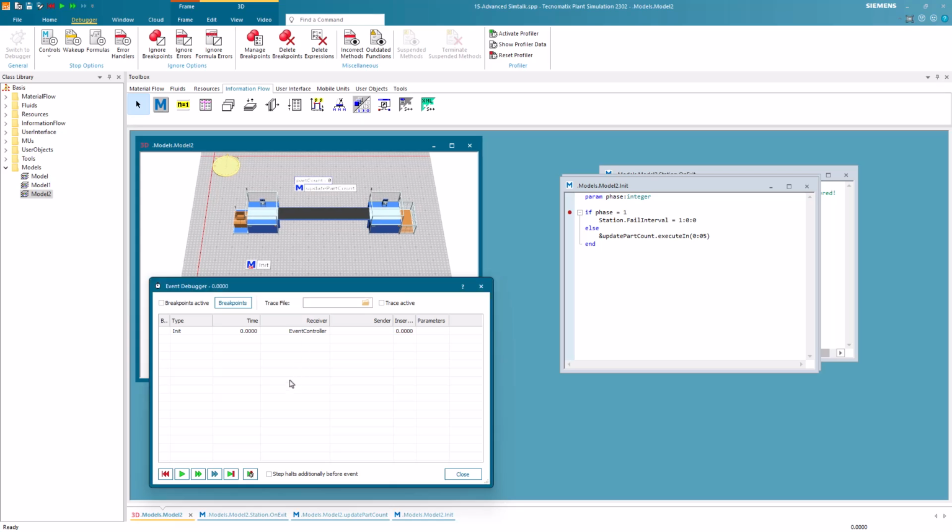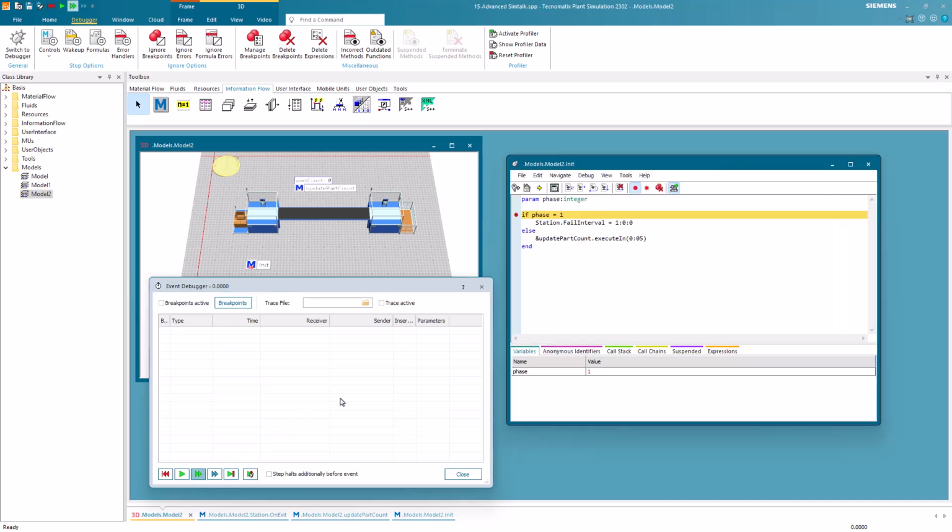Now we see that when the breakpoint is reached, the station has not initialized itself. When we perform 2 step-over steps, we can see that the disruption begin event is set to 1 hour. The method is then called again. If we perform a step-over step, the second branch is entered. So by using the parameter phase, we can call the init method 2 times. One time before the objects have initialized themselves, and a second time after they have initialized themselves.